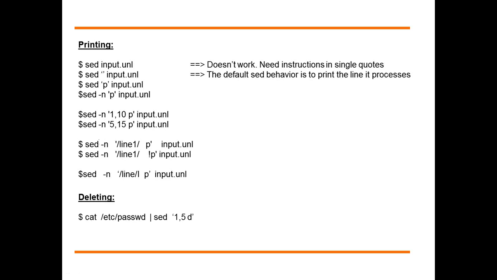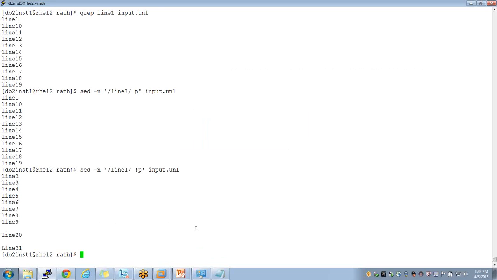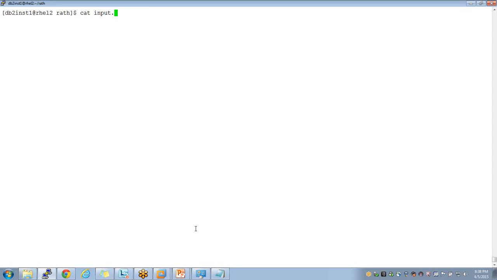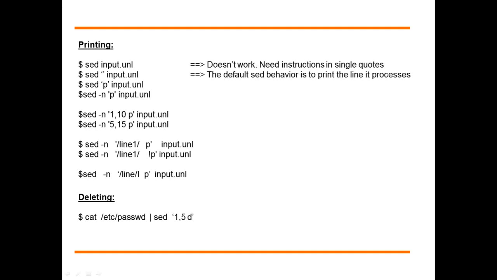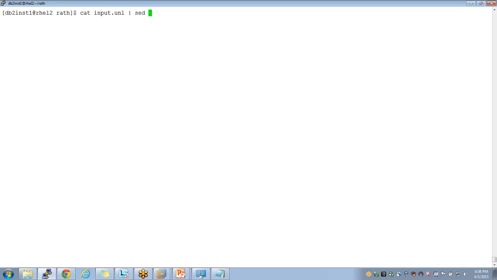Now, with p, you are printing the lines you want. What if you don't want lines from 1 to 5 and you want everything else? Basically, you are deleting lines. When you say cat input.unl and sed, why am I not using -n here?